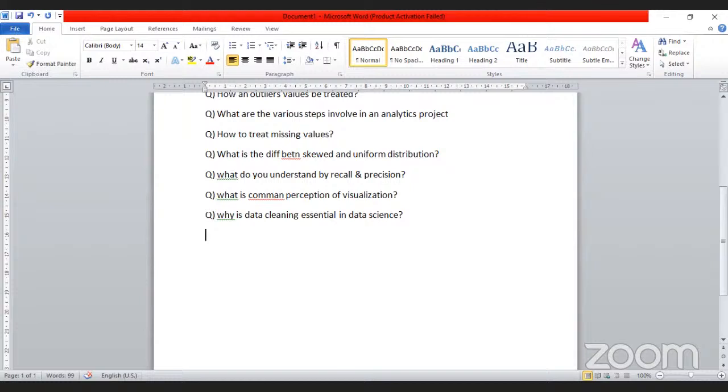If we have a data set that is not in a proper format and we build a model on that data, it will not give us the true result. So for that reason we have to clean our data to increase the accuracy of our model, to treat missing values and outliers, so that we can get true values in future prediction. That means we can increase the accuracy of our data.